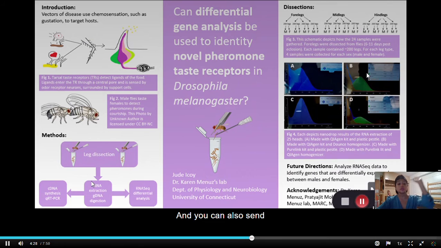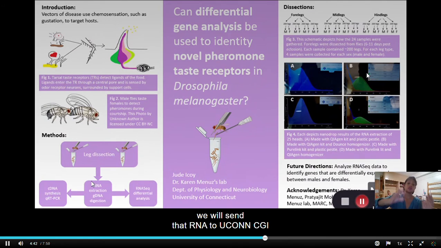And we can also send that complementary DNA through quantitative real-time PCR just to make sure that we've collected the tissue that we actually need and not fly head tissue. So, after all the RNA extractions are completed, we will send that RNA to UConn CGI for RNA sequencing. And then in about 2 to 3 months, we'll get that data sent back, and then we can finally conduct